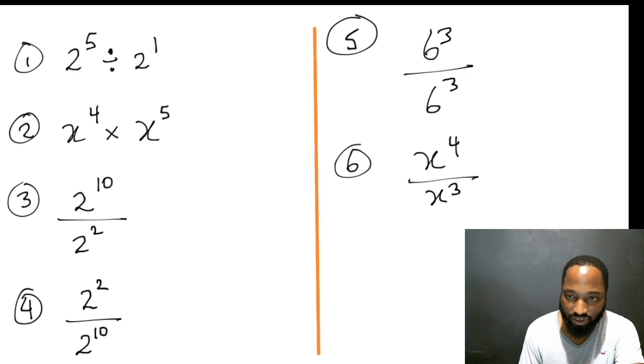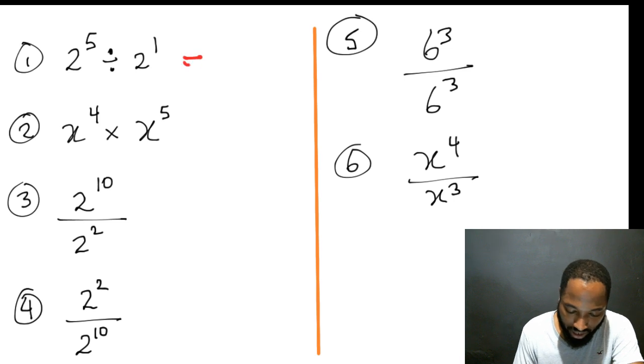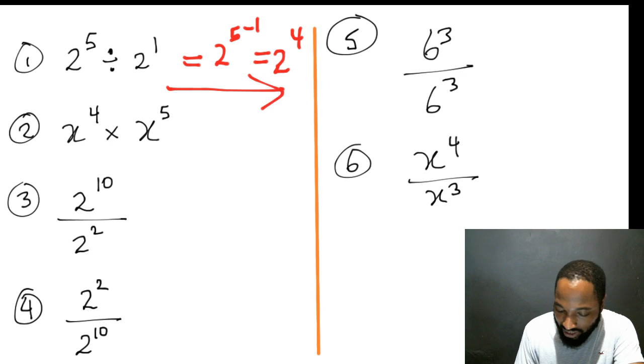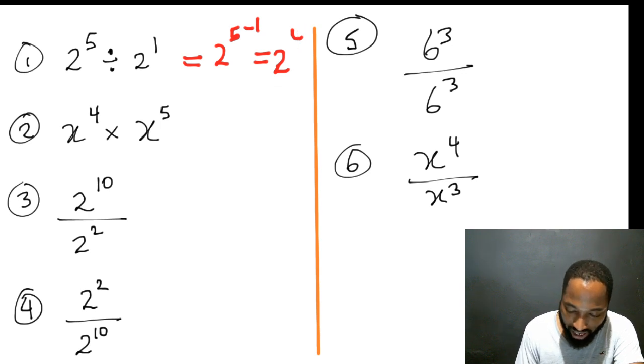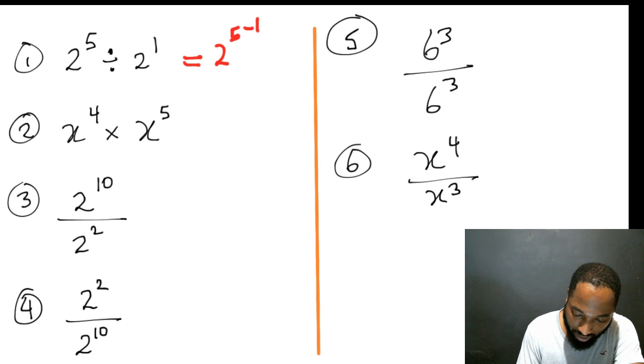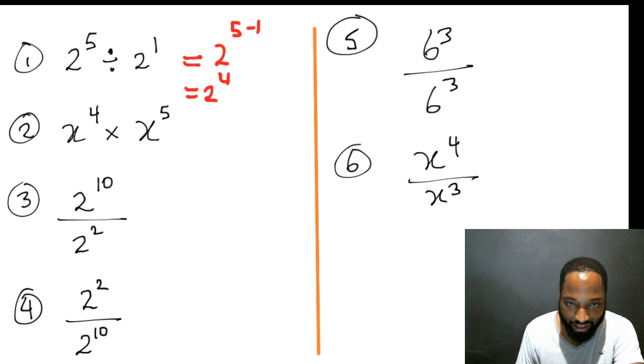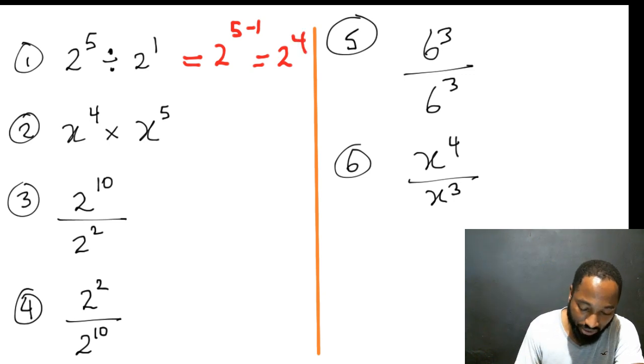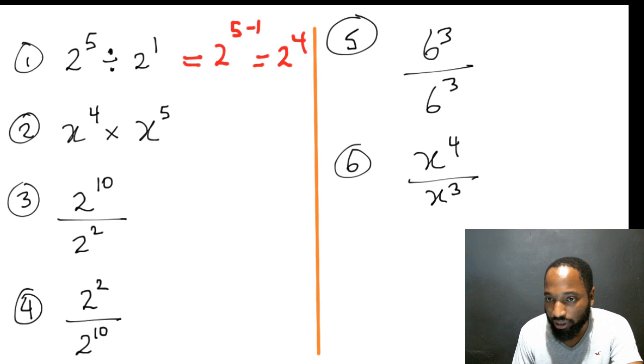Let's get those answers first. So number 1, everybody's saying 2 to the power of 4. That's correct. So this is the working that you'll do when you're doing the homework for me. 2 to the power of 5 take away 1, which is equal to 2 to the power of 4. Now, I don't normally approve of equal signs going like this, but I ran out of space. So really and truly, this would have been 2 to the power of 5 take away 1, and then you put 2 to the power of 4 like this, right? But I'm running out of space, so I'm just going to put it going across. It's better to do your working going down. It's when the maths starts to get crazy that it's better like that.